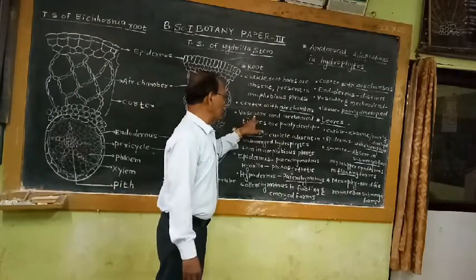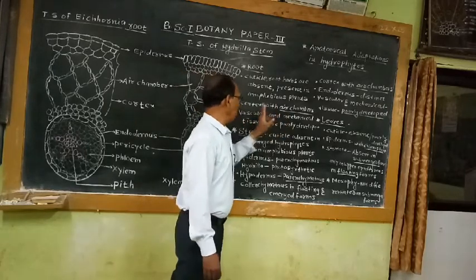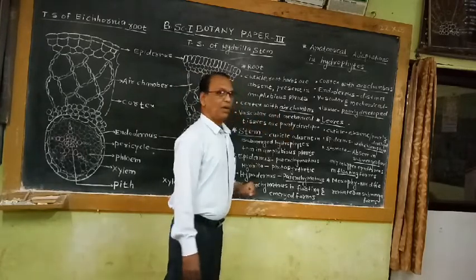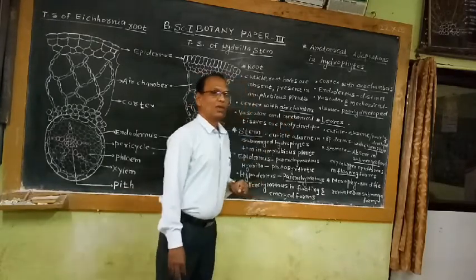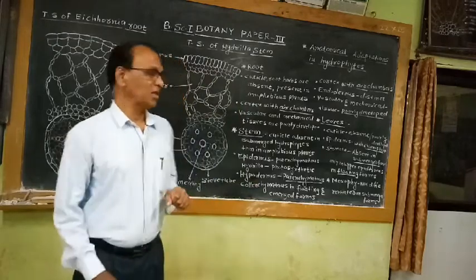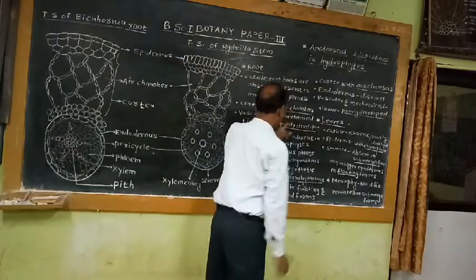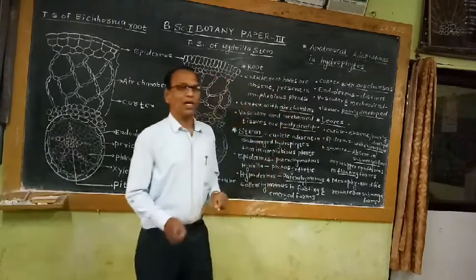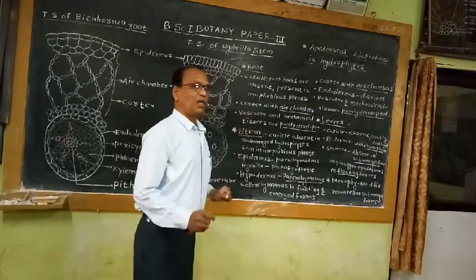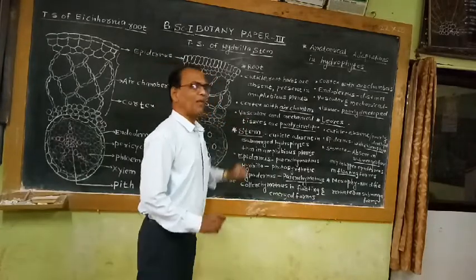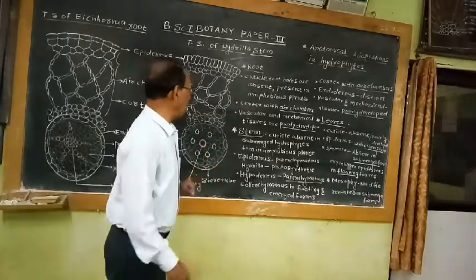The conducting tissues in most of the roots are generally poorly developed, and the mechanical tissues in the roots of hydrophytic plants are also poorly developed. That means poorly developed mechanical tissues and poorly developed conducting tissues, or vascular tissues. This is the important anatomical adaptation shown by each and every aquatic plant root or hydrophytic plant root.